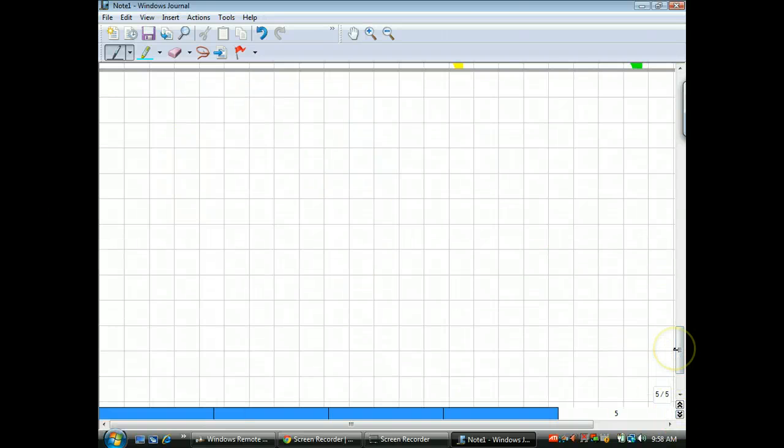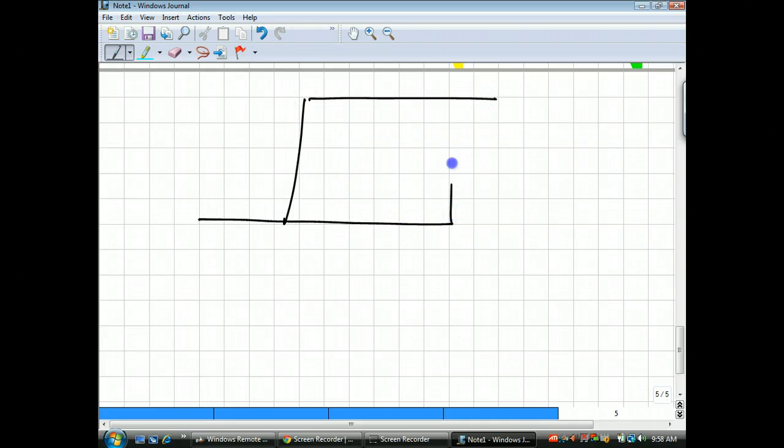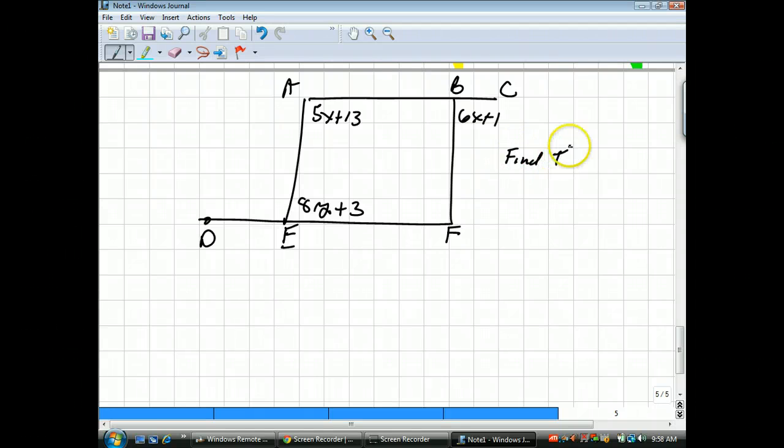Okay, then let's look at this picture. So this is A, B, C. This is F, E, and this is D. And this angle is 5x plus 13. This angle is 6x plus 1. And this angle is 8y plus 3. Okay, and so I want to find the value of x